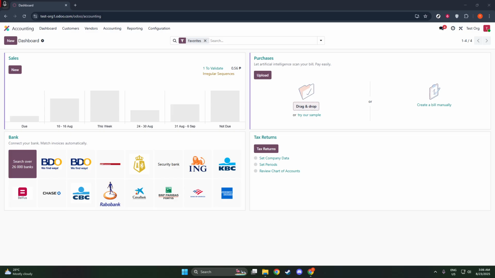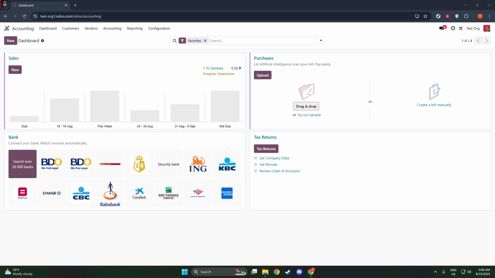First, we need to make sure that the import option is enabled in Odoo. Begin by navigating to the Settings menu, then proceed to General Settings. Within this section, look for the Developer Tools area. Here, you should see an option labeled Allow Import. Ensure that this is enabled, as it will allow you to bring in your journal entries from external files without